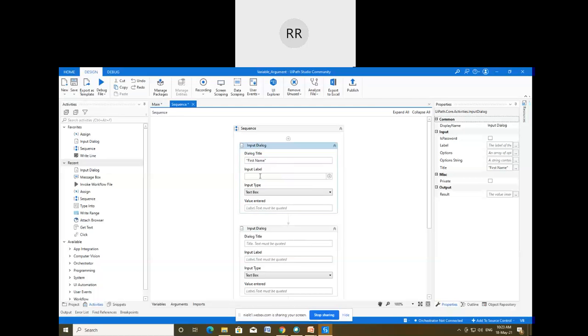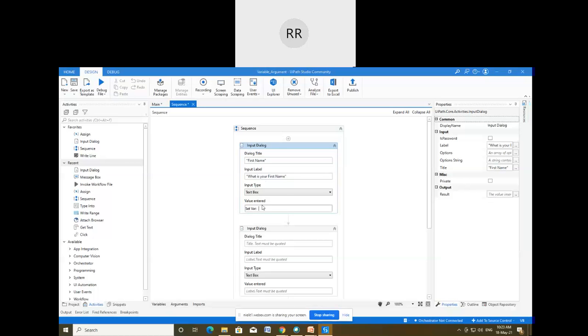Okay. Input label will be like, what is your first name. Okay, and then here we have to create the variable to store the first name. Again, what I'm going to do, I'm going to press Control and K. So this Control K for the variable creation is the most used method, because that is going to create the variable as well as store the variable in the result section, and that is the main important thing. Okay?